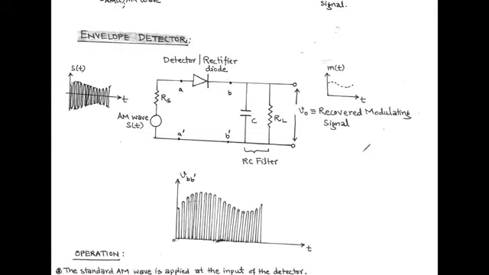Now, as shown in the figure, the input of the envelope detector is standard AM, that is double sideband full carrier, and in time domain this is in the form of an envelope. This envelope has a positive portion as well as a negative portion. After rectification we get only the positive portion of the envelope at point B dash, and the corresponding voltage at this point is shown in the figure.